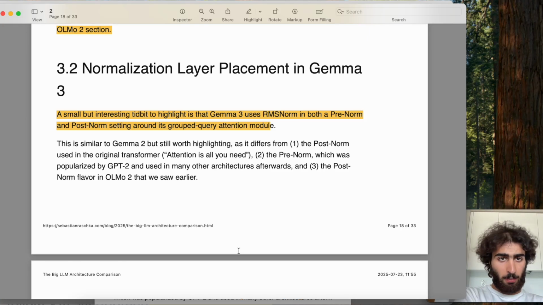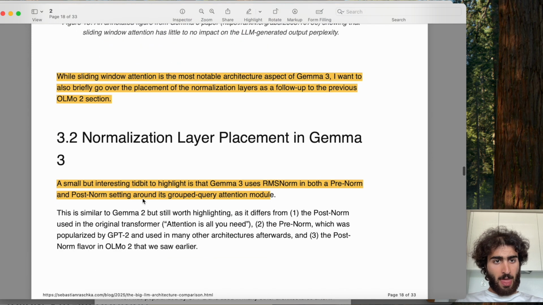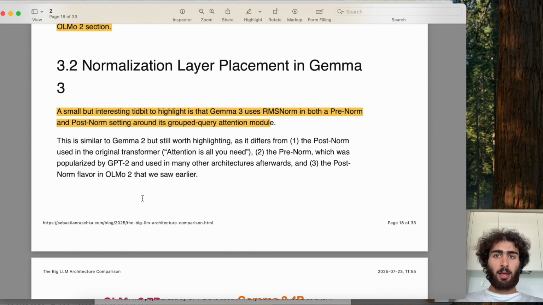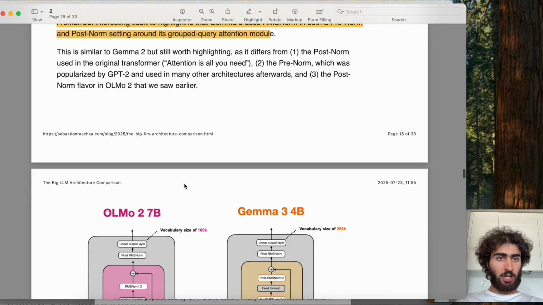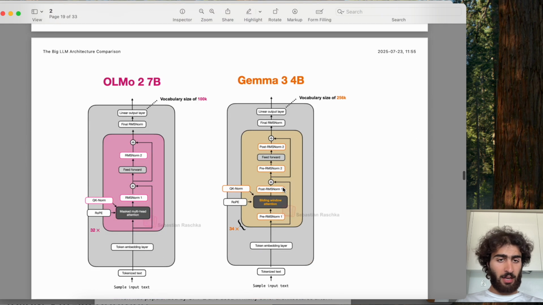In the first part of this LLM architecture review, we went up to section 2.2, discussing Gemma 3, and we're going to jump right back in by discussing the normalization layer placement in Gemma 3. So in this model, we use RMS norm in both a pre and post norm setting around the GQA module, which is similar to Gemma 2, but still worth highlighting as it differs from any other paradigm, at least